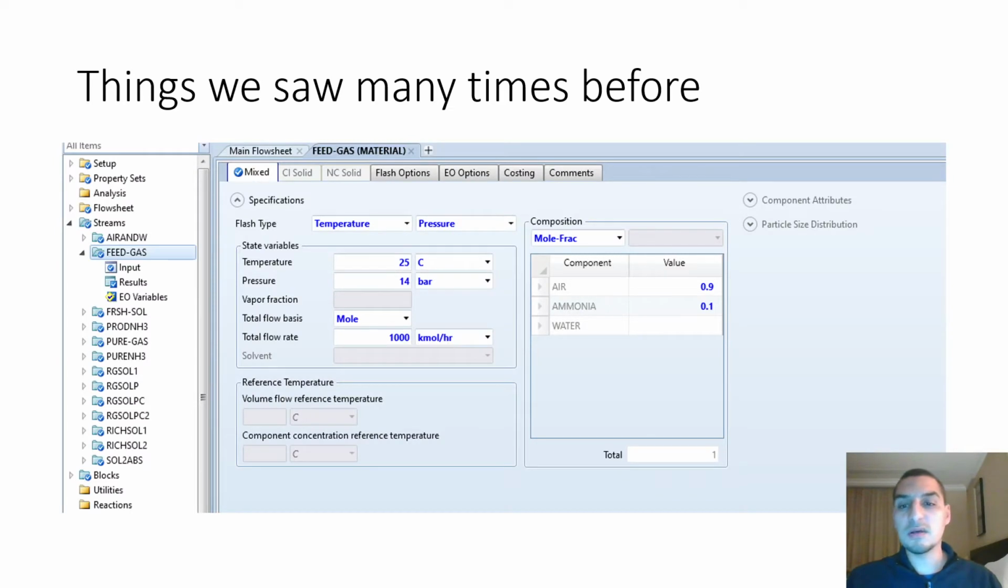So before we start, I want just to draw your attention to some things that we passed by many times before, but we didn't go into their details before. So this, for instance, is a screenshot of the stream definition window. And as we all know, and we did this many times before, we define the stream by defining either temperature, pressure, or vapor fraction, and then we define the flow rate and the compositions, and this is all what we use to define